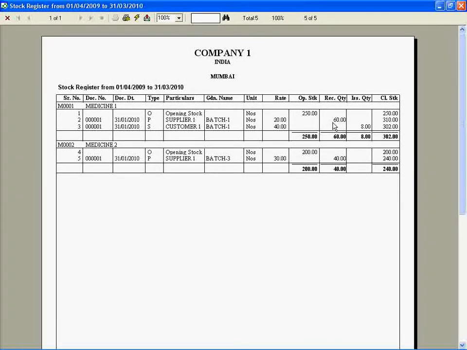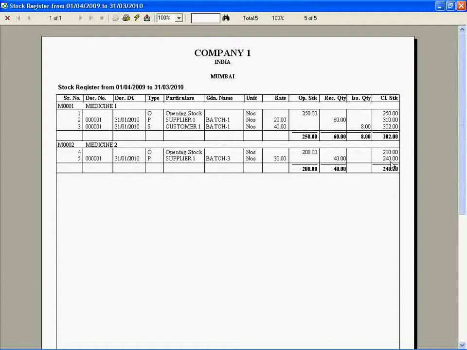Sales I am making is 8, so the closing stock is 302. Medicine 2 opening stock is 200, purchase is 40, so the closing stock is 240. There is no sales in medicine 2, there is sales only in medicine 1.